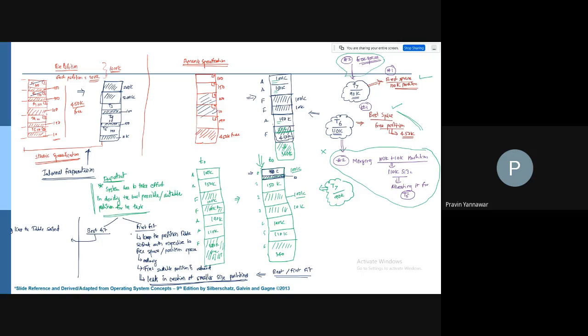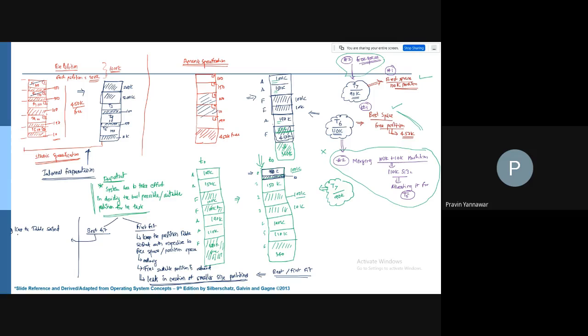So this is the first point. In case of first fit, this is linearly selecting the best suitable partition. Linearly selecting means whatever partition comes first and satisfies my criteria, we are going to select that. But this is not the case with best fit.